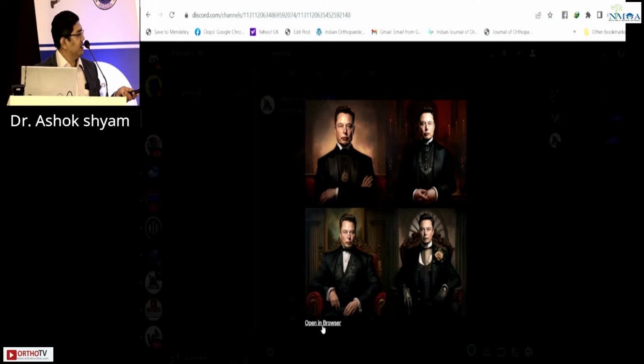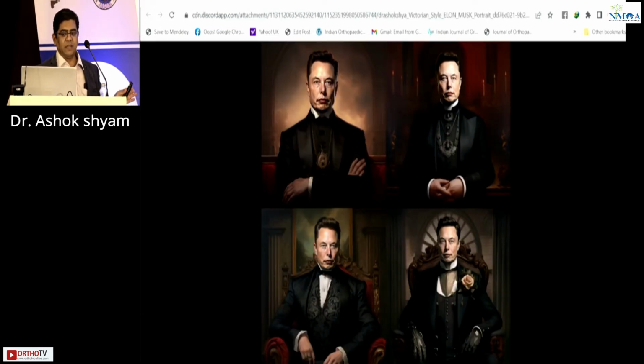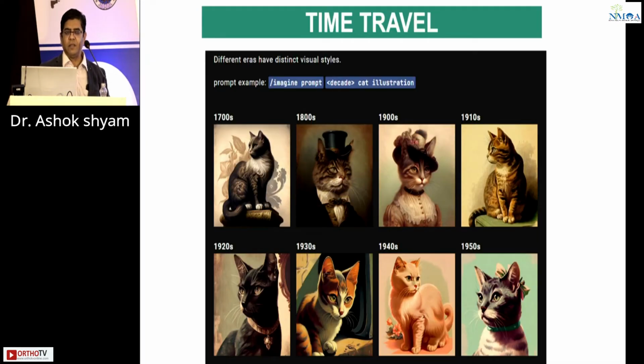It has taken Elon Musk's photographs from the internet because he is a very well-known personality, and it creates him in a Victorian attire. Within seconds it can create all this. So that's the first thing. You select a style of what you're going to create. Then you can also time travel in AI, in Midjourney. So you can talk about styles in 1700s, 1800s, or even decade-wise. So it will select that kind of style that is prevalent in that decade or in that century and create